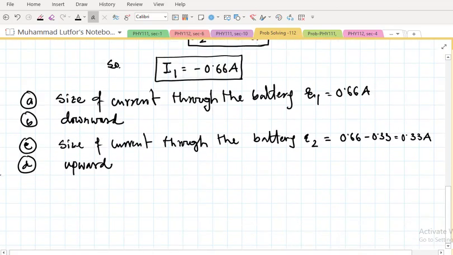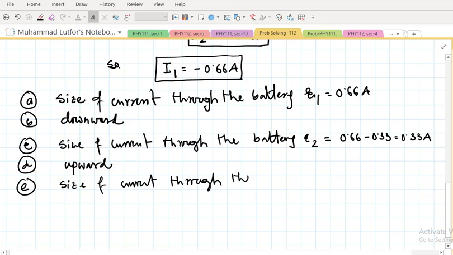Fine. So number E, the size of the current through the battery E3, which is actually I2, is 0.33 ampere, and the direction would be upward,